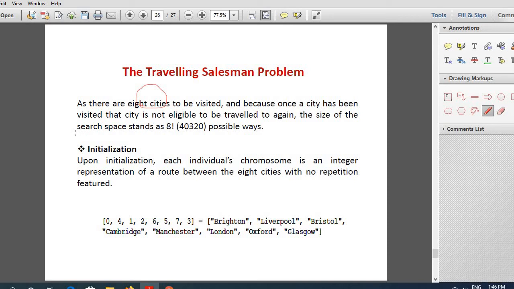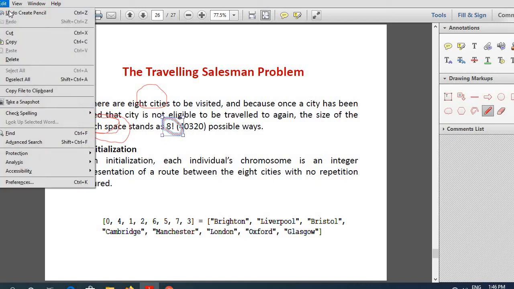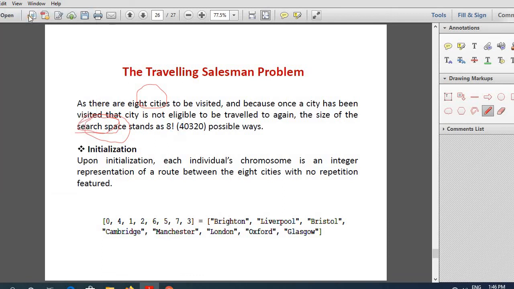So what do you mean by search space? It is actually the set of all possible solutions to the problem. It is calculated as 8 factorial. 8 represents 8 cities. So there are 40,320 possible ways in which that salesman can cover the 8 cities.